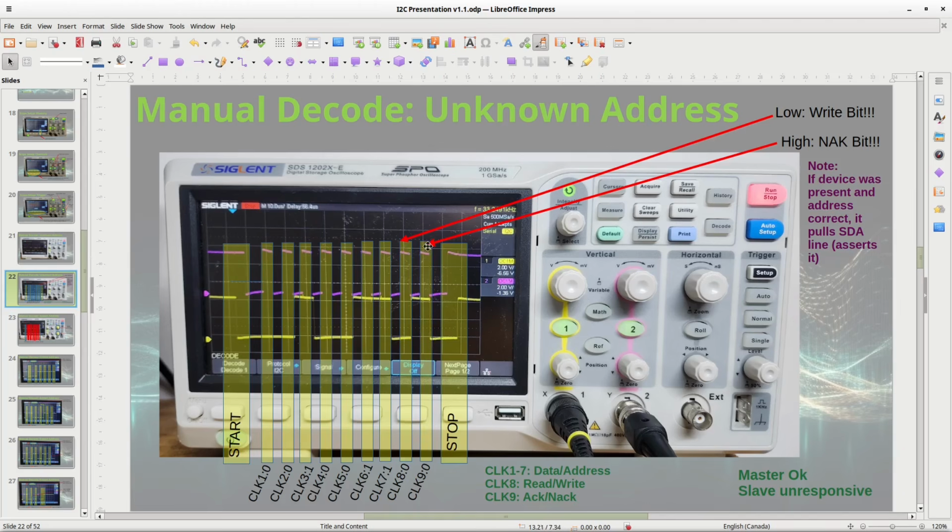During the high period of that clock pulse, the bus is high, which means it's not an ACK. So which means the device is not even answering. So here your slave is unresponsive. So it's either not on the bus or you've got the wrong address. Makes sense, right?